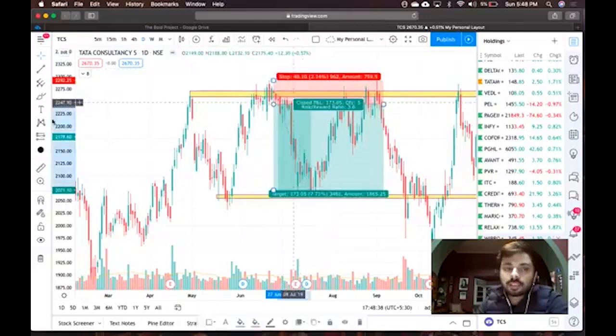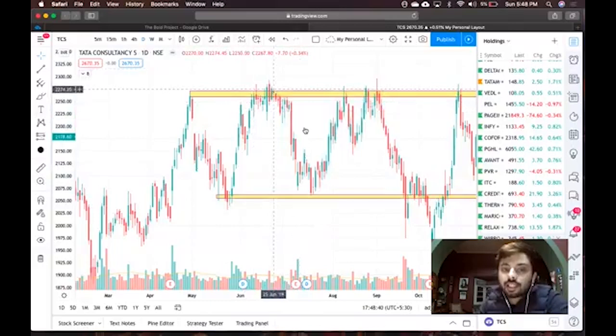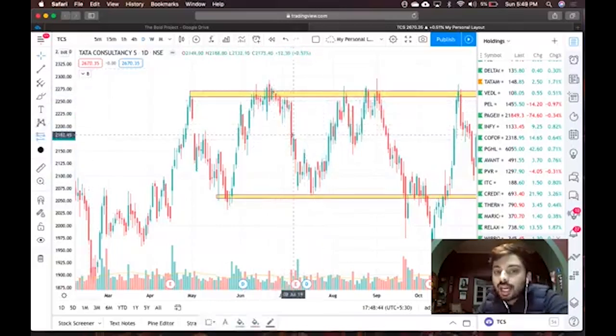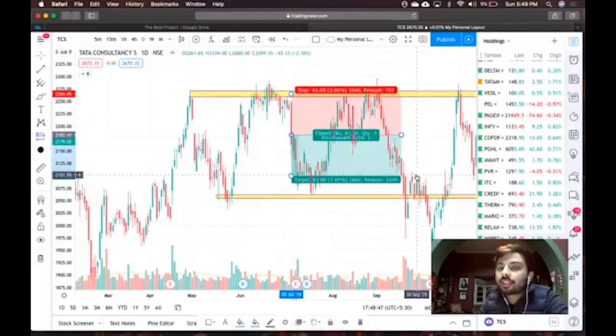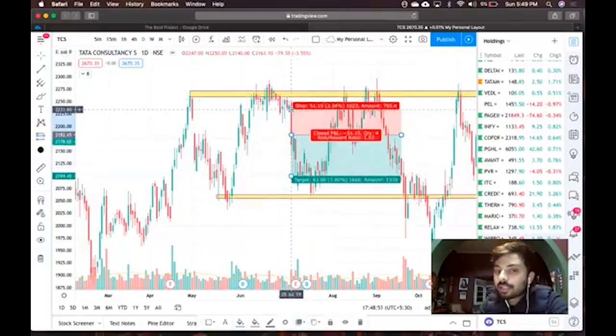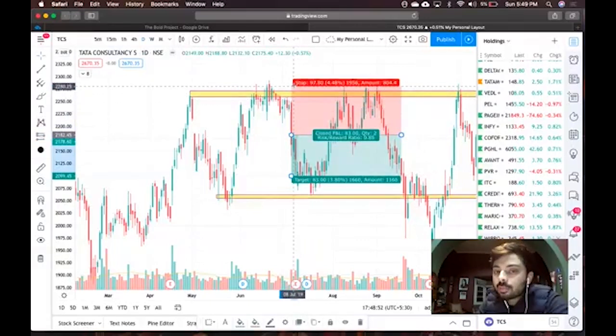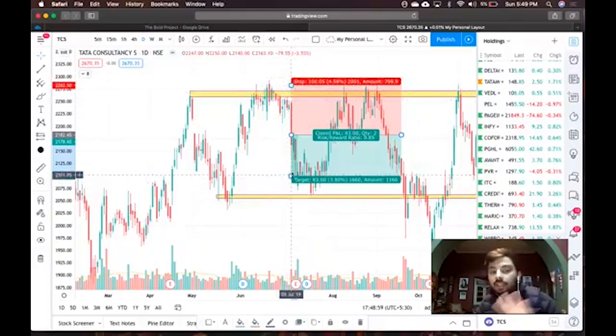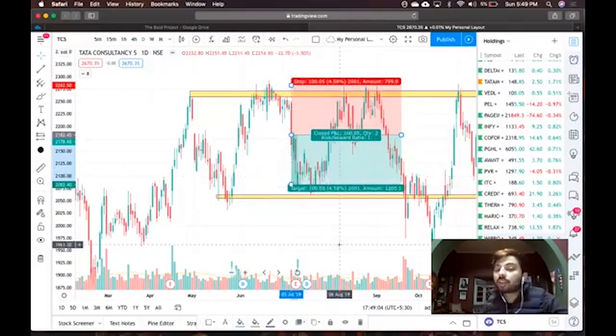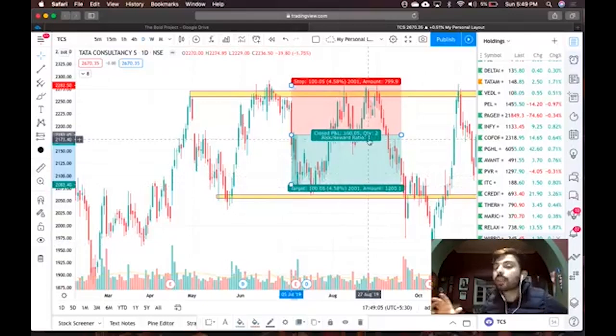Another question people ask me is, let's say I miss this entry, can I take a trade in the middle somewhere? Let's find out from this risk reward tool. I want to, let's say, go short on this big candle. I want to chase the markets. So will the stop loss be a little bit higher? No, it can't be. The stop loss will remain the same, above the candles, above the resistance. Will the target change? No, just because you took a late entry doesn't mean you'll change the targets. The target will still be here. What is the risk reward? The risk reward is 1:1. So it is still fine.